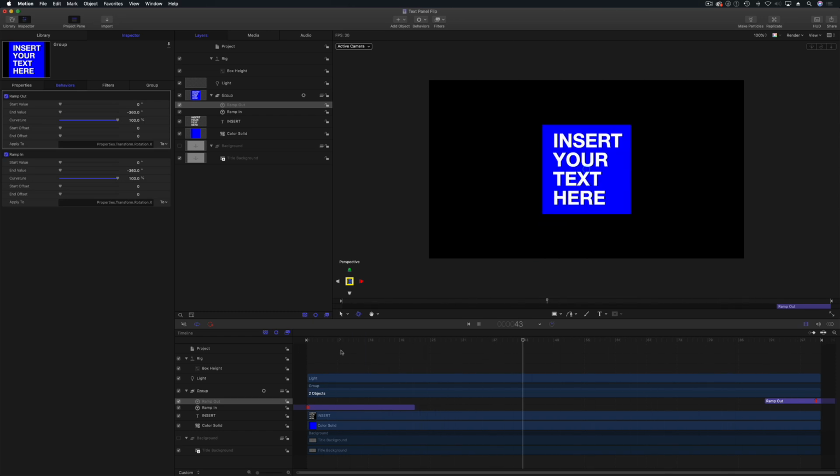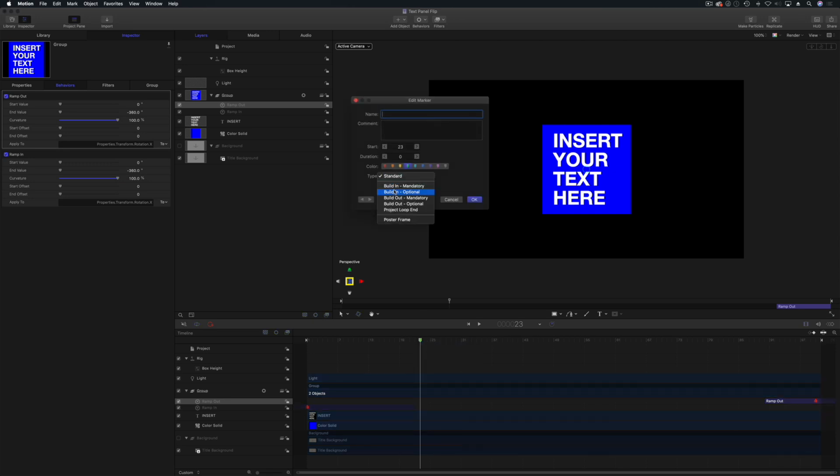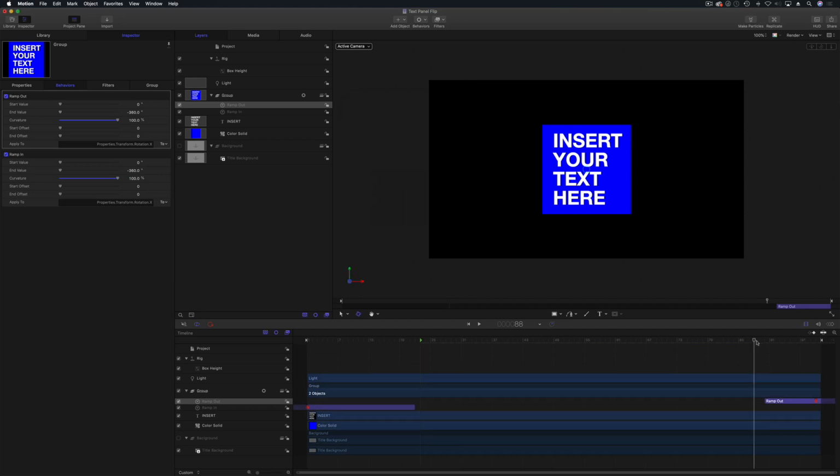and out. Now it's just looping like that because what I'm going to do is I'm going to put a build in and build out marker. Now a build in and build out marker are really clever, but I mean this is actually quite long there as well. I don't want, actually if it's static it doesn't matter, so I can put a marker, add marker and go edit marker and go build in, optional, okay, and then at the out maybe I'll just put one frame on there, add marker, edit marker,